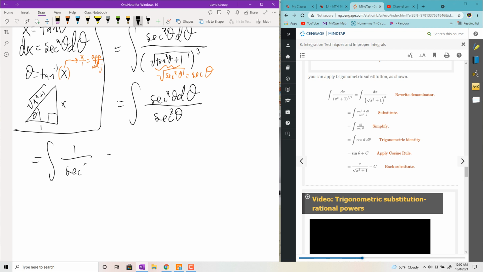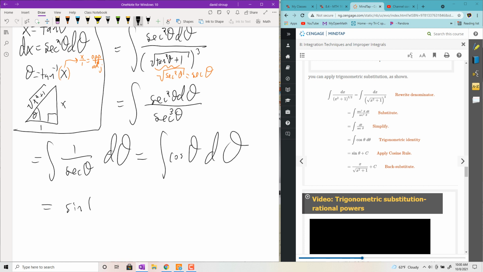No. Secant theta d theta, the integral, 1 over secant. What is 1 over secant? That's just cosine. So this still isn't all that hard. So the integral of cosine is sine theta plus c, and then go back to your triangle. Sine is opposite over hypotenuse, so you get x all over the square root of x squared plus 1, and then plus your integration constant. Okay,